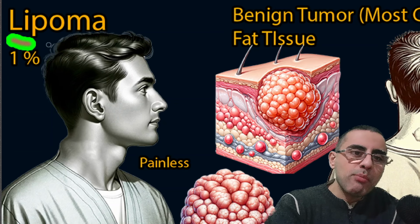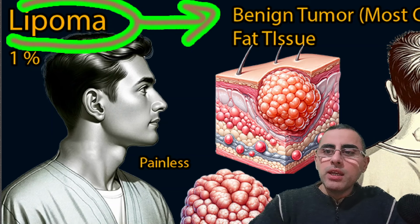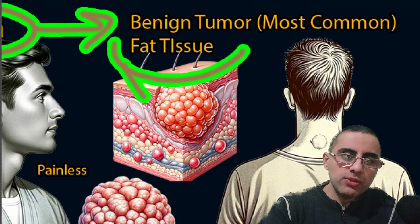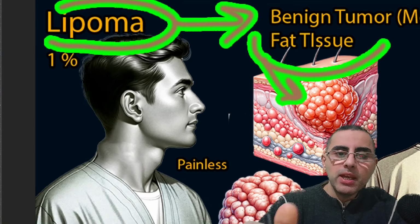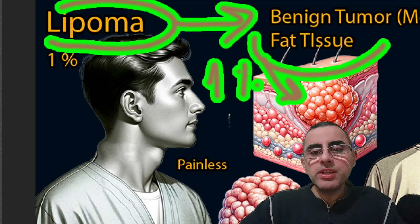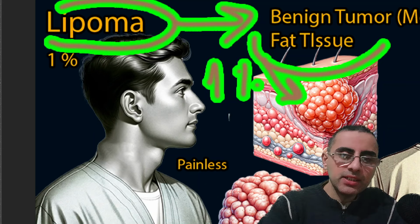We will talk about lipoma. What is lipoma? It is a benign tumor composed of fat cells or fat tissue. It is the most common benign tumor. Lipoma affects around 1% of the general population, and in many cases it is underdiagnosed because it is painless and